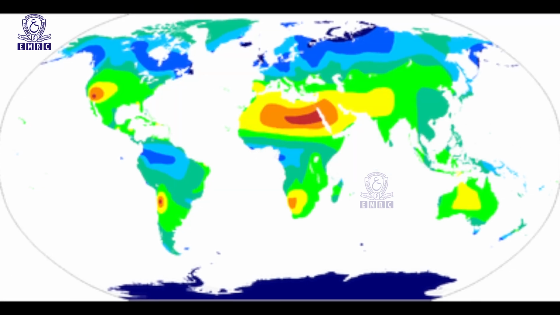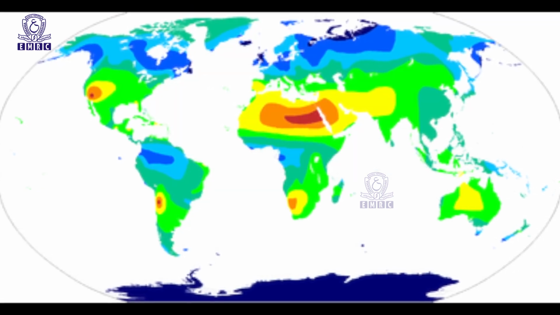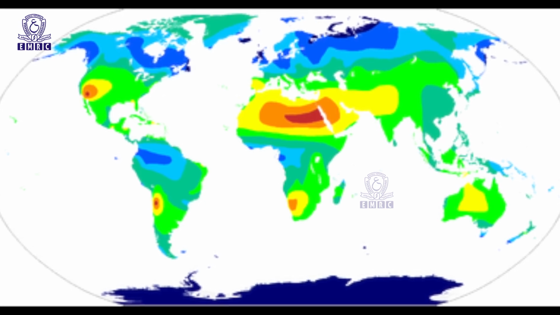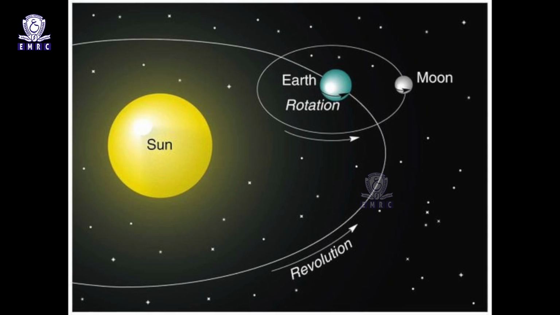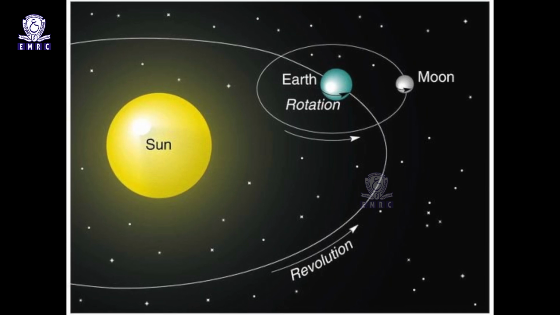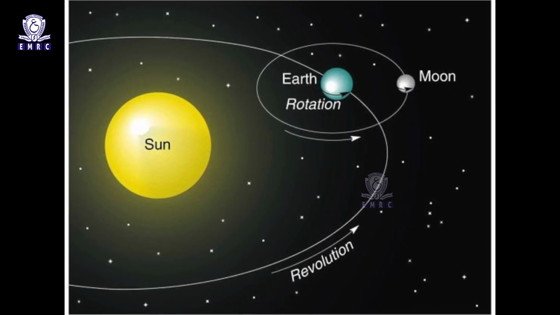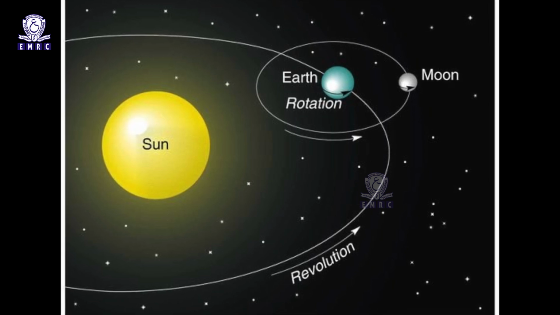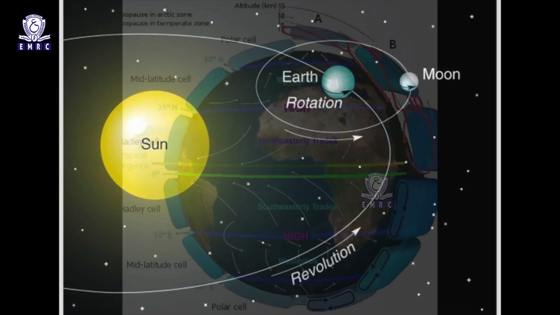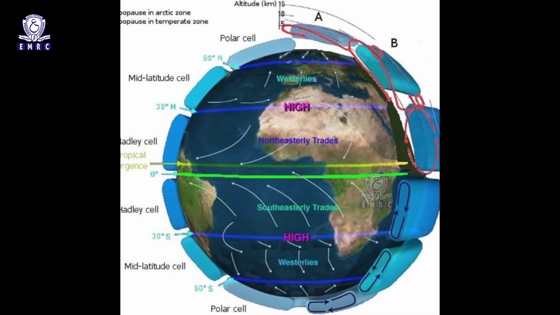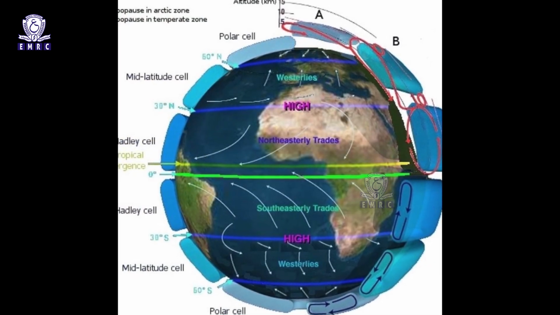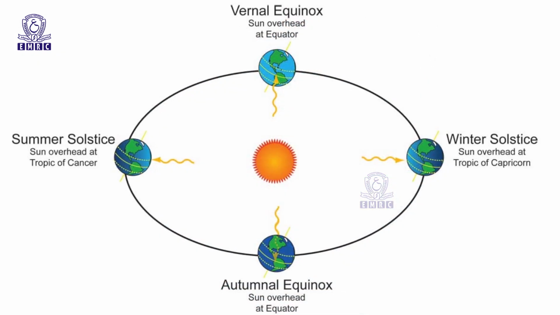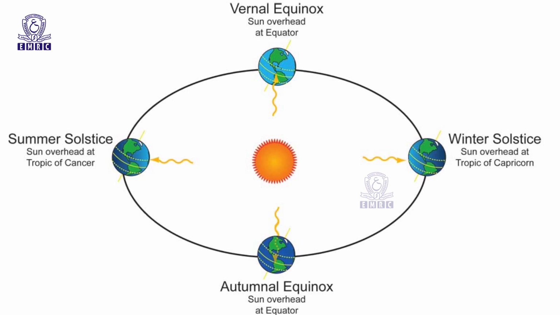Obviously, the latitudes exercise the most dominant control over the duration of the sunshine and thereby the length of the day. The inclination of the earth's axis, its parallelism, the earth's rotation and the revolution, all these factors combine together to bring about seasonal changes. It is to be remembered that these astronomical factors not only cause differences in the altitude of the sun, but also differences in the length of the day from the equator poleward.